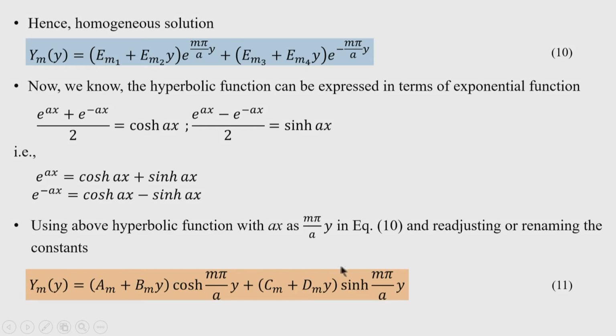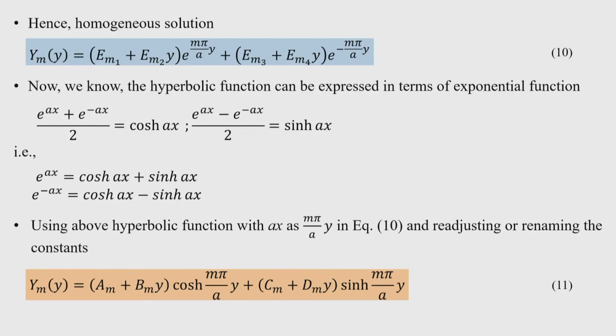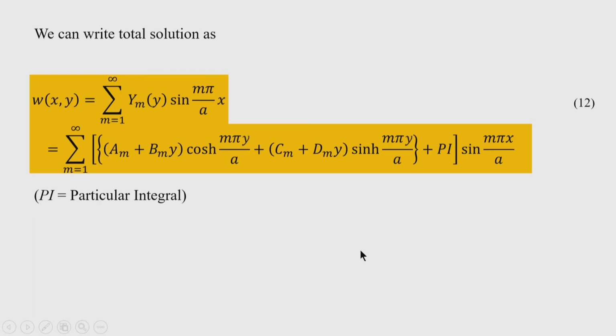So, this is our solution 11(1) for this rectangular plate, which has two opposite edges simply supported: x is equal to 0 and x is equal to a. These two edges are considered to be simply supported. For the other two edges, at y is equal to 0 and y is equal to b, the boundary conditions are not specified till now. Let us see what we can do with this solution.